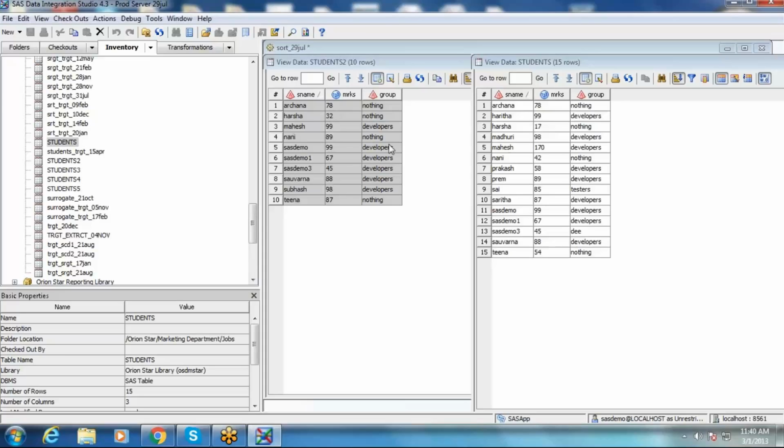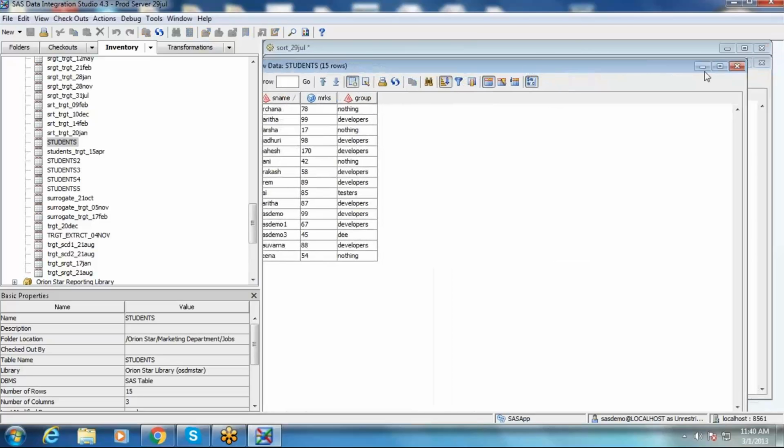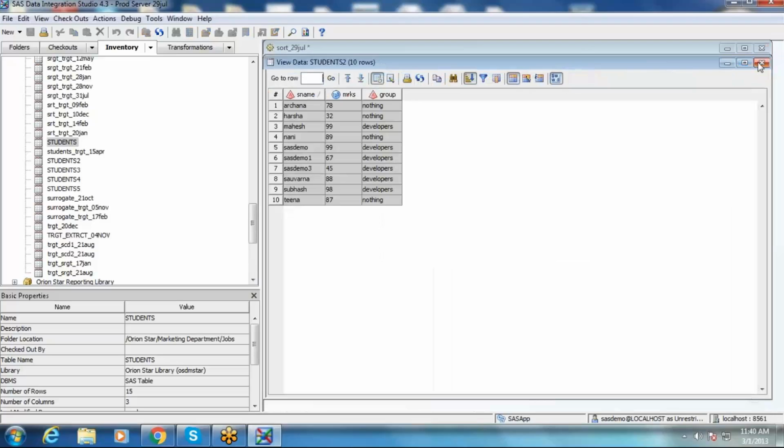And there are a couple of differences in these two data sets. Now I want to compare them based on S name with marks, right? So that's the scenario. Let's see how to do that.